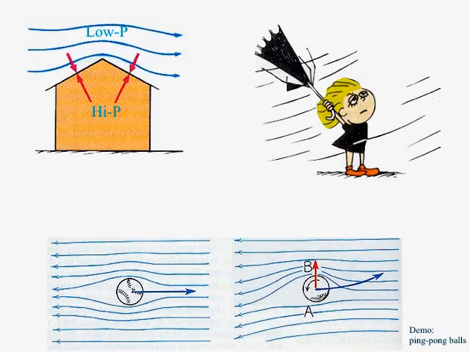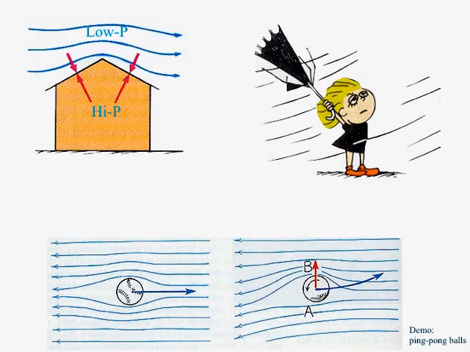Same thing is true with this house. If the wind is blowing very fast across the A-frame roof of the house, then there's low pressure up top of the roof where the fluid is flowing faster. Inside the house, the air is hardly flowing at all, so it's higher pressure relative to outside where the air is flowing faster, which can cause the roof to get lifted off, say in a hurricane.